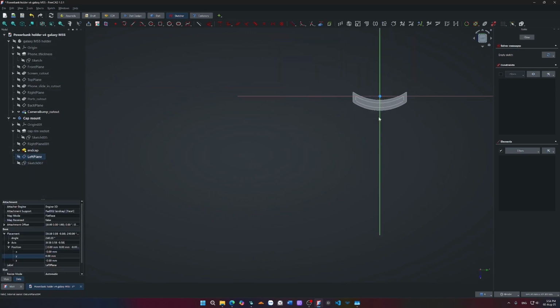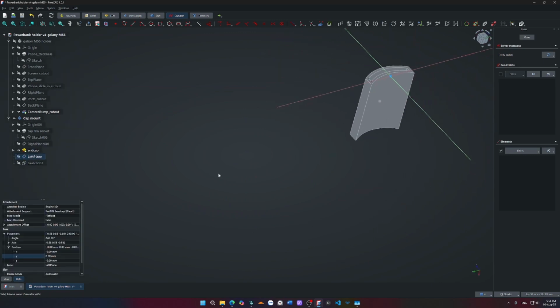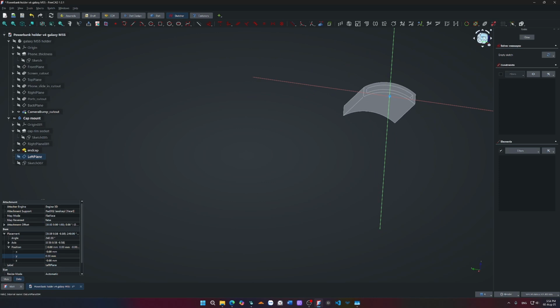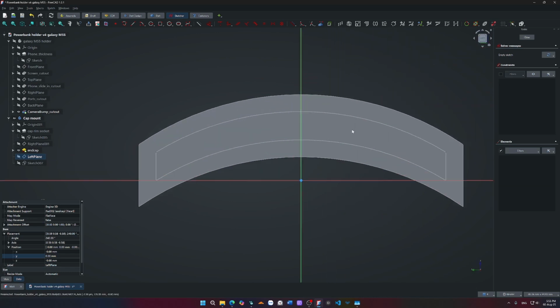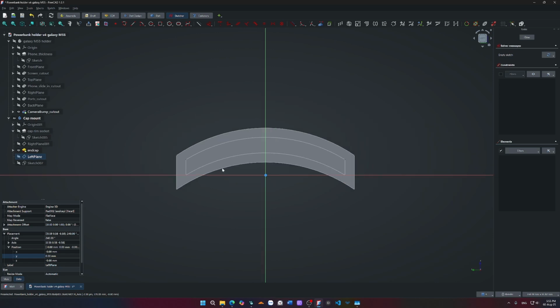Turn it off. And what we will do is to cut out this part. So toggle construction geometry once again